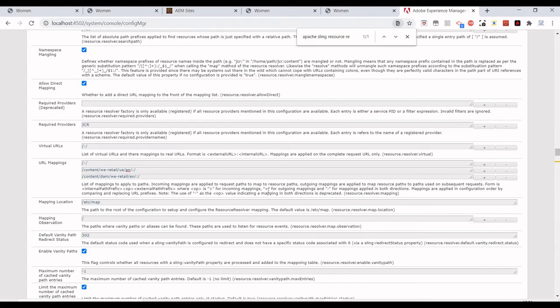We can use this for incoming requests, and we can use this for outgoing requests. If we want this configuration for both input as well as output, just use the colon. So this hyphen is deprecated, don't use it. And we can put as many URL mappings as possible, because this is a multi-field kind of configuration.